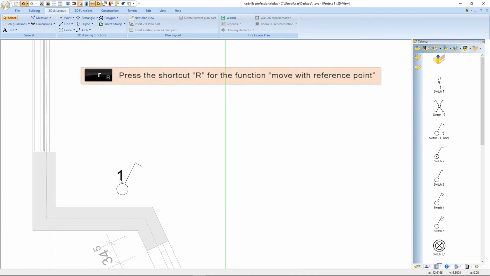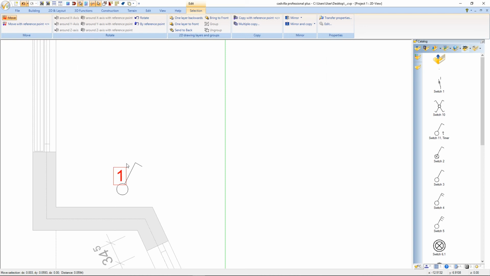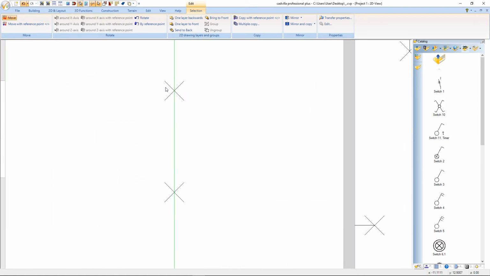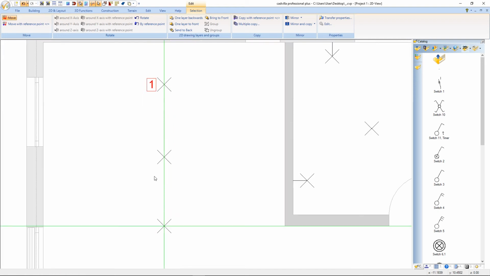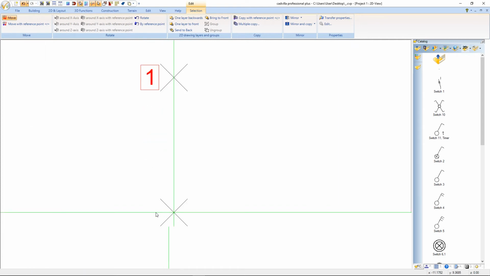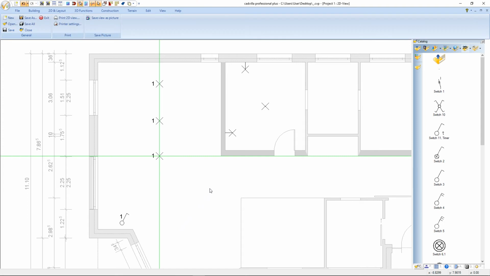We press the shortcut R for the function move with reference point, and we move the text a little bit upwards. Now we press Ctrl and C to copy the text. We paste it with Ctrl and V, and we place the text at the light sources in this room, which are controlled by the switch. After it, we press Escape, and in the next step we will add 2 more switches for the small room